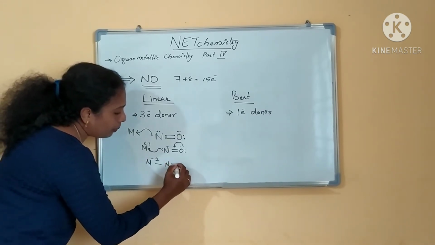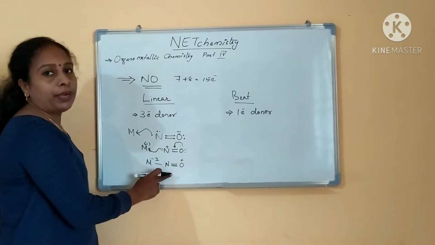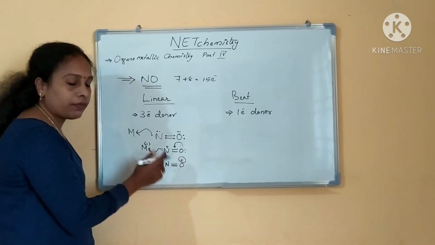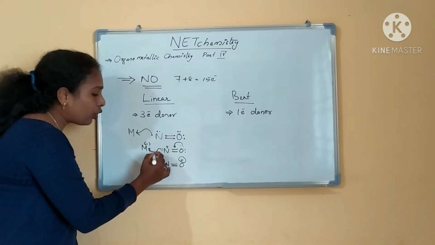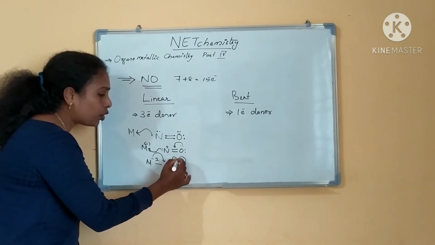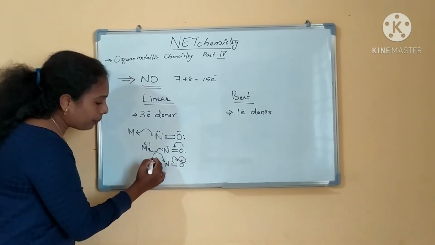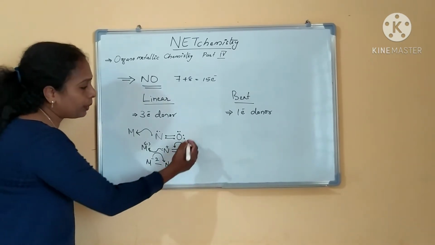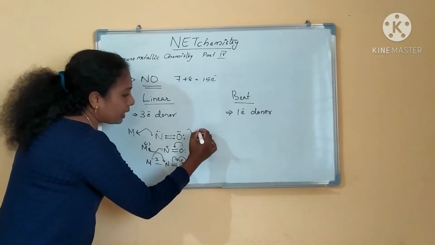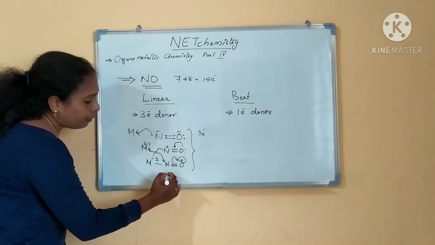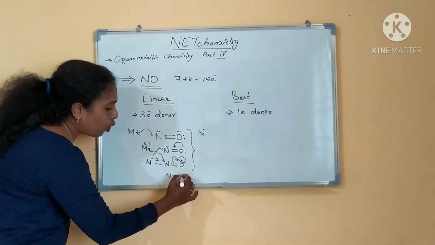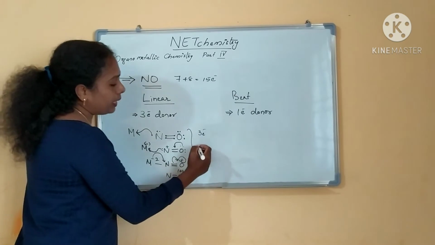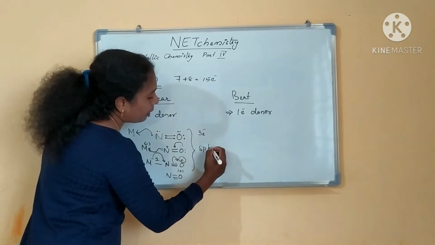Then what will happen? N triple bond O plus. Compared to nitrogen, oxygen is highly electronegative, so oxygen will not prefer this positive charge. Then back donation will happen. Back donation means this bond will be shifting, right? The metal will donate back its electron to the nitrogen and this bond shifting will be happening. So totally this nitrogen will give 3 electrons to the metal, and you are getting N triple bond O plus, right? So this linear nitrosyl is in sp hybridization, okay?